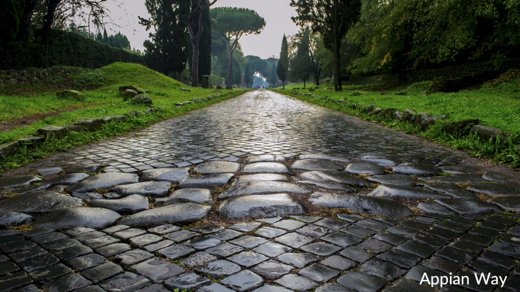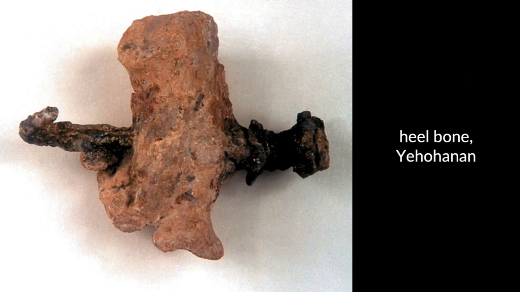It's one of those major roads that led to Rome. It's along the Appian Way that 6,000 of Spartacus's followers were crucified along this road. Finally, the last photo that I'll share with you, this is a heel bone of a Jewish man whose name